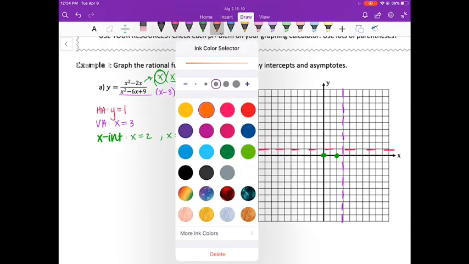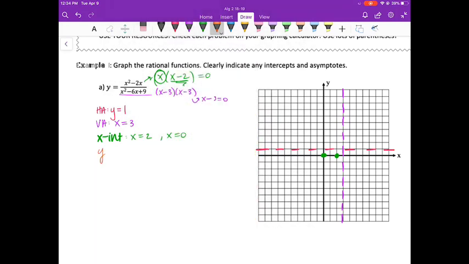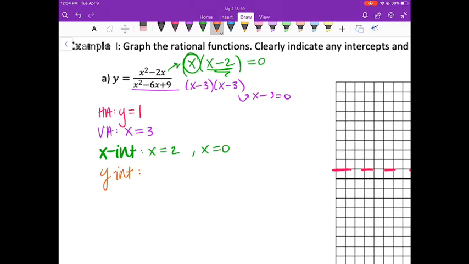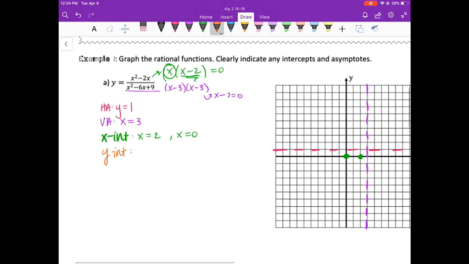And then what about our y-intercept? To find our y-intercept, we plug in 0 for x. You can do it either from your factored form or from your original form. Either way, you notice that you get 0. That makes sense because we already plotted a point at our origin. That's our x-intercept. It's also going to be our y-intercept. So now we just need to start plugging in points and seeing what happens. So pick at least